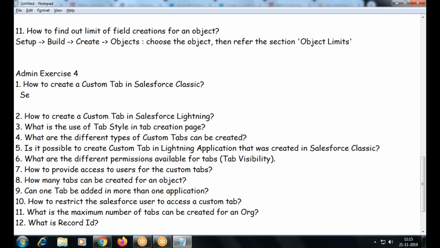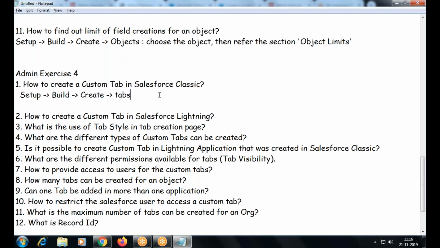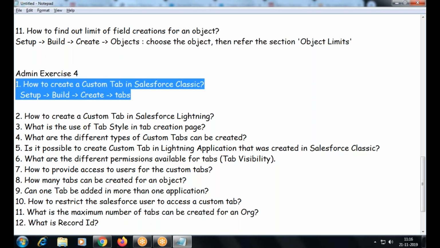I think you are familiar with the navigation, right? Why should you be familiar with this navigation? I can go with the Quick Find box, click Tabs and find it. Why should I be familiar with this navigation? I'm not referring here, I'm just typing this. How will this come?